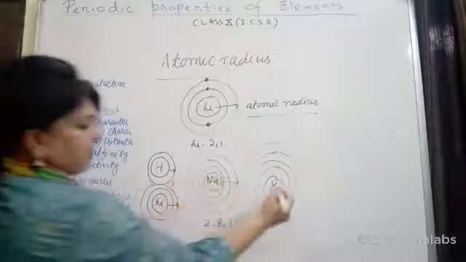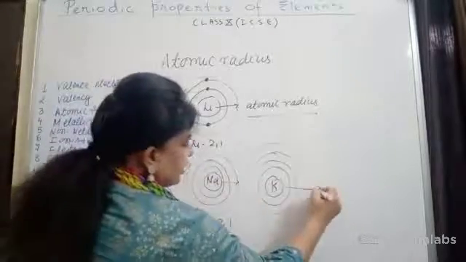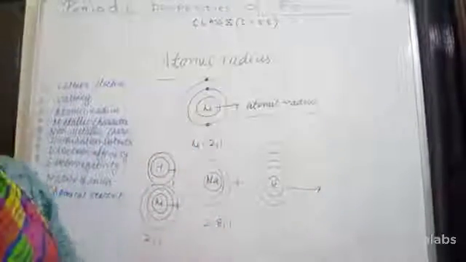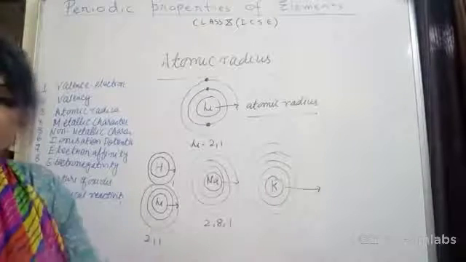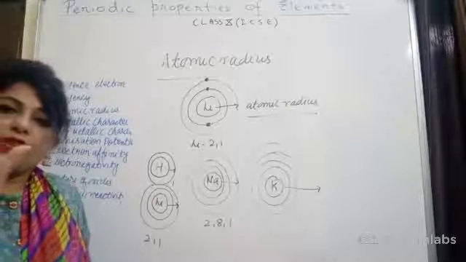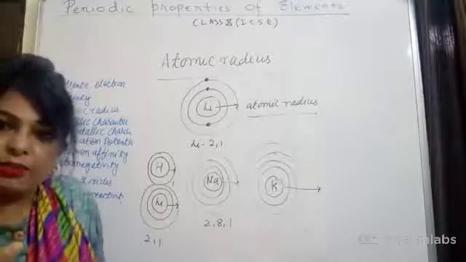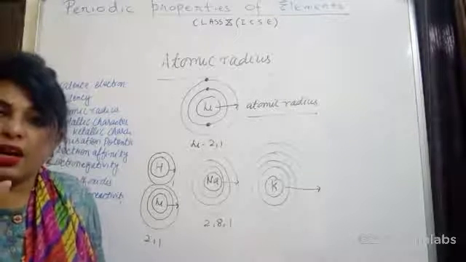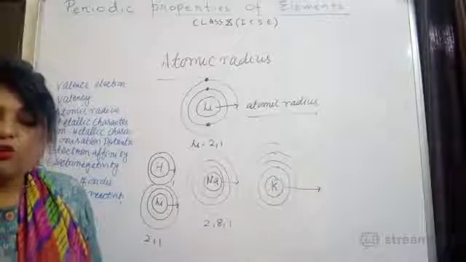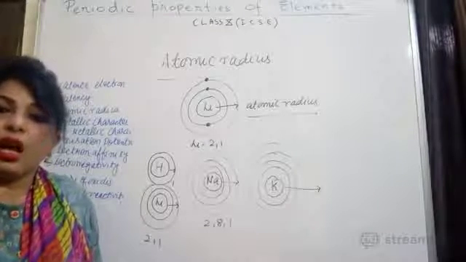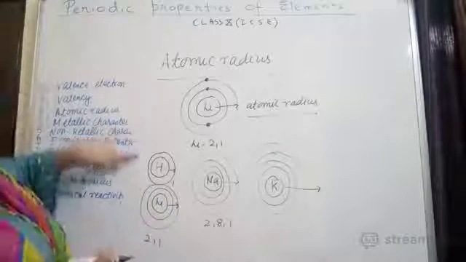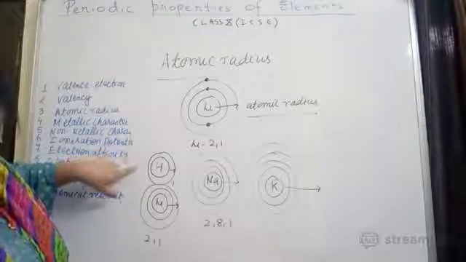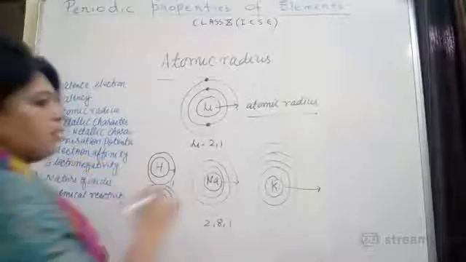In this case also, potassium is increasing. And likewise in the case of rubidium, cesium, francium, it will keep on increasing. So francium will be the largest atom. Which atom is the largest in group number 1? Francium will show the largest atomic radius, and the smallest radius will be shown by hydrogen, the smallest atomic radius in group number 1.